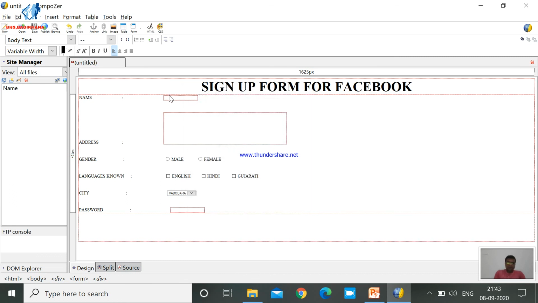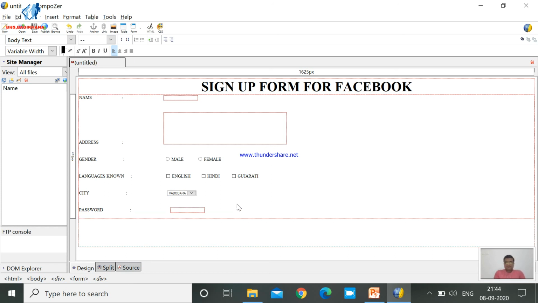See friends, the input element of name and the input element of password both look 100% same, but the working pattern is totally different for both. Whenever you enter any data in your name text box, you can see all the characters perfectly, but when you enter any data into your password field, it shows in symbolic language only. So this is the biggest difference between text box and password box, right?